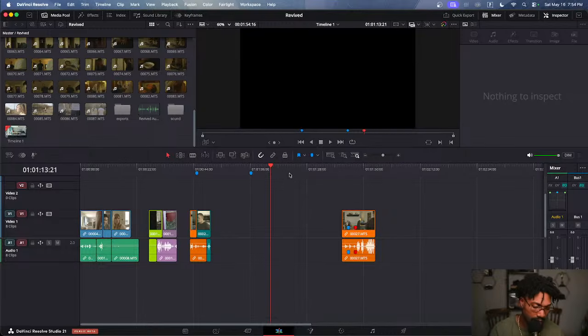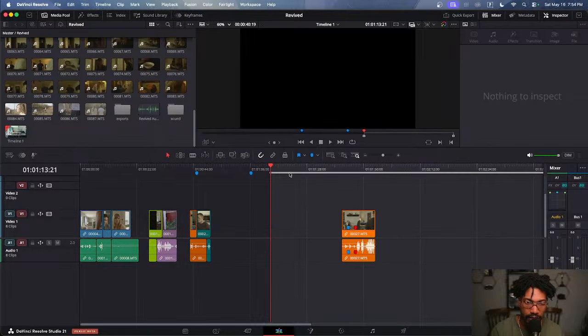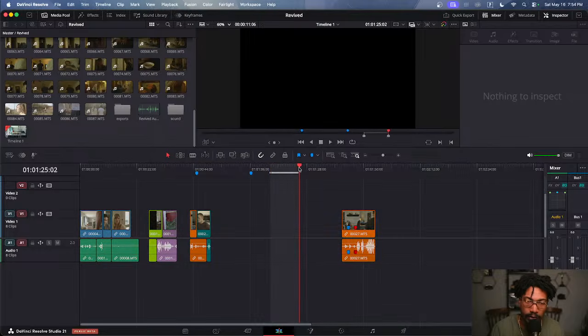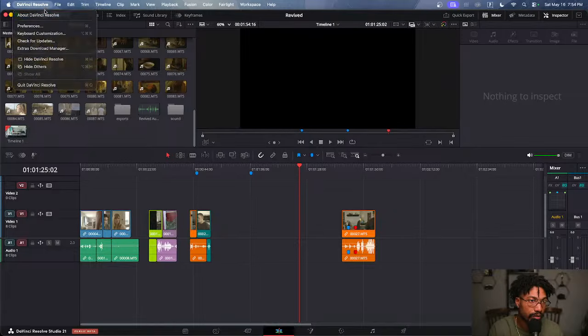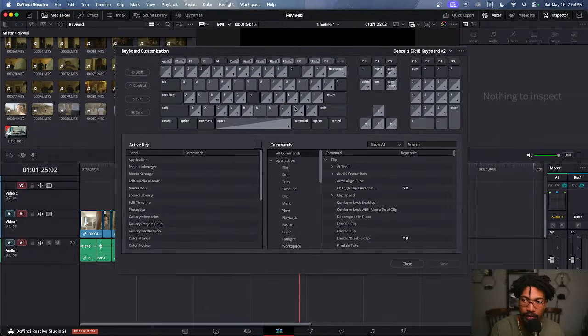This one is easy. That was in and out. So you just basically hit I and O on your keyboard to create an in and out point. That's easy. But to go, you go to preferences, keyboard customization, and